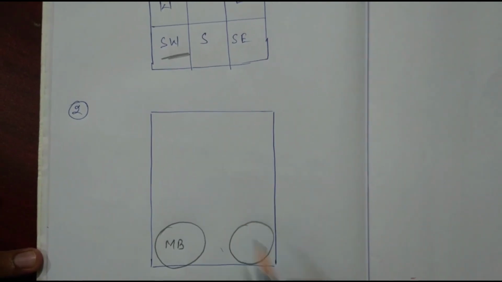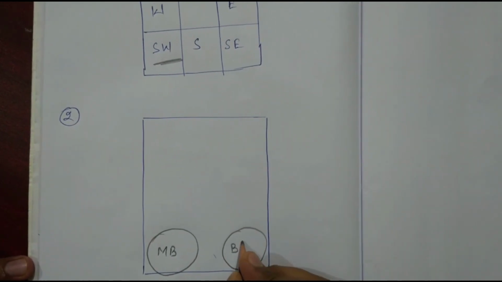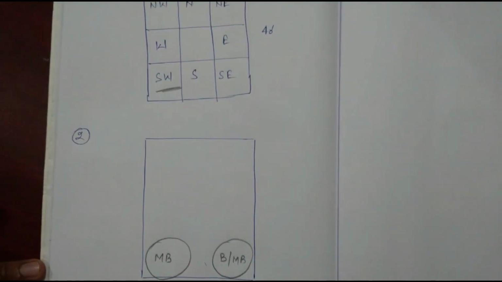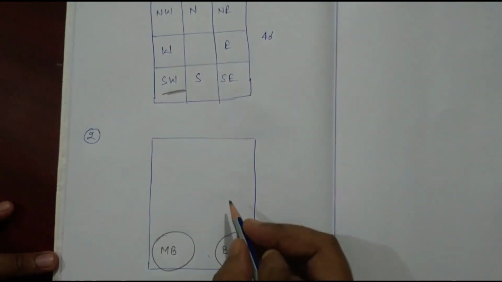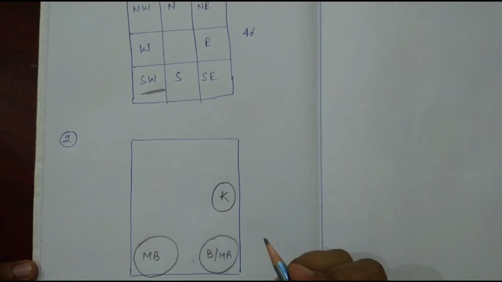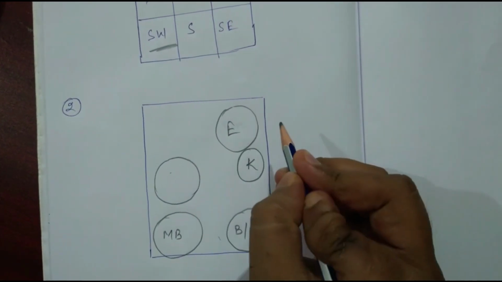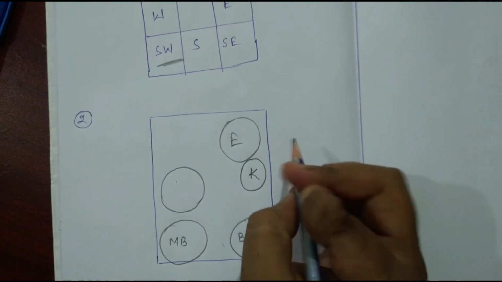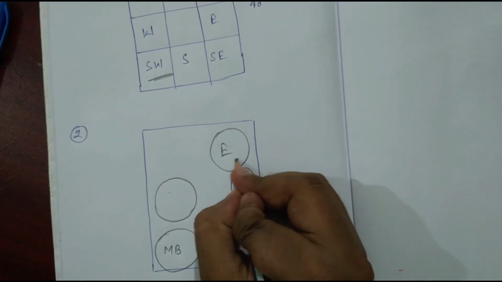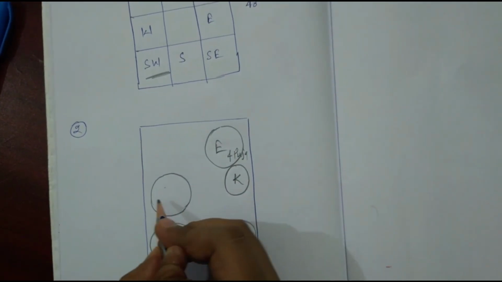The southeast is also a good location for a bedroom, but it is the best location for the kitchen, so we'll provide the kitchen in the southeast. Here we can give the entrance, as it is a north facing plot. Also, the northeast corner is a very good position for a puja room as per Vastu.